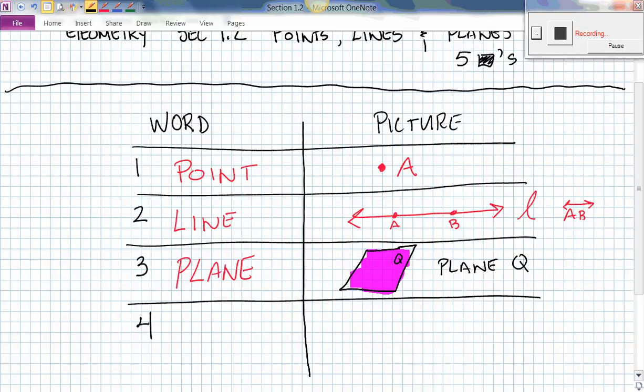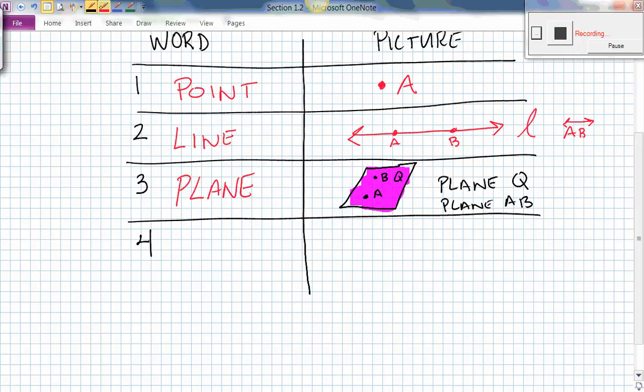Sometimes they will put points in the plane, and they will call that plane by those letters. So as an example, if I put a point in the plane and called this A, and put another point right there and call that B, you could also call this plane AB. Okay, so there are 2 different ways that the book will represent a plane for you. Okay, number 4